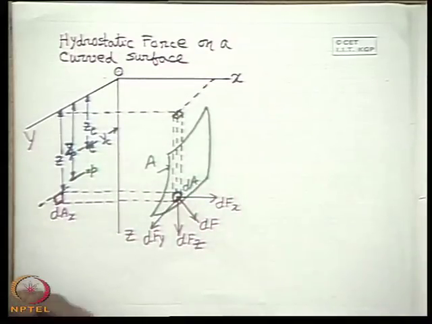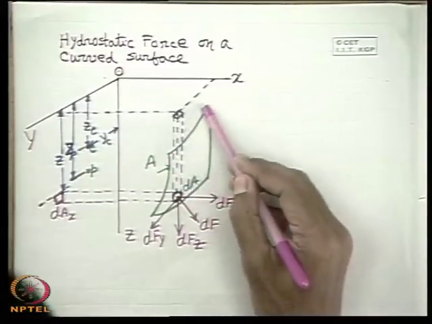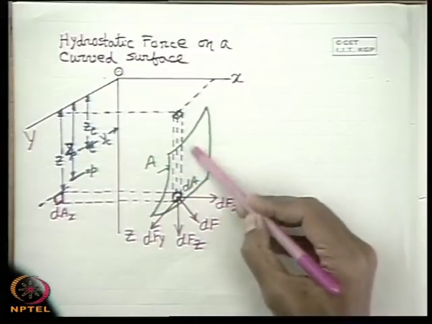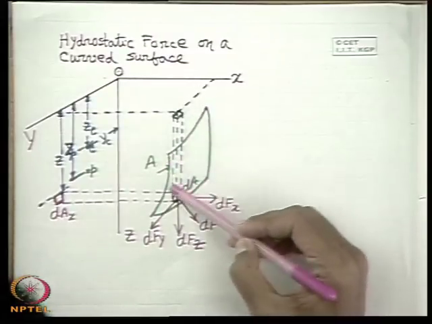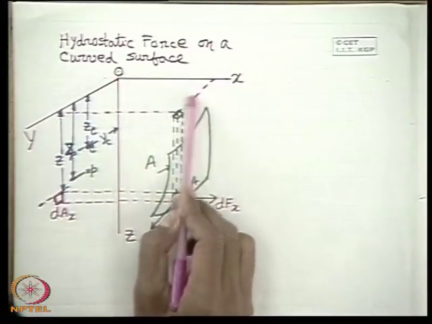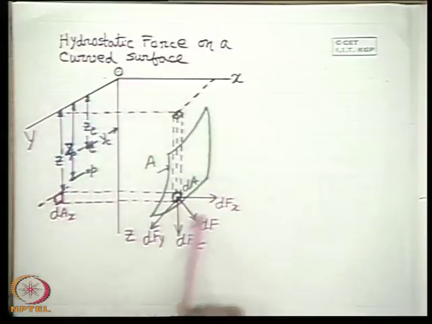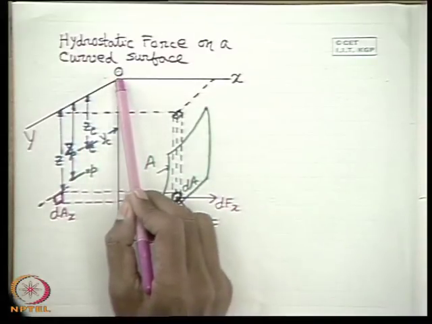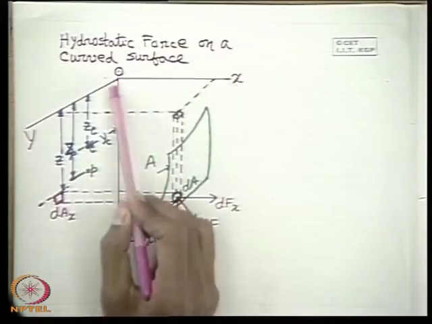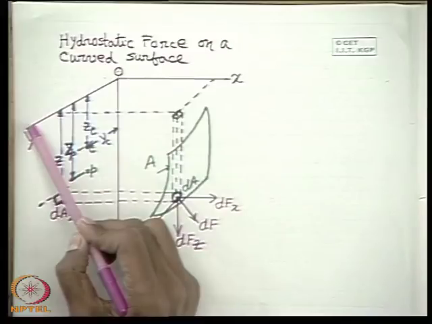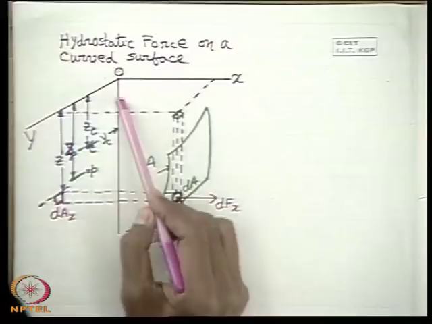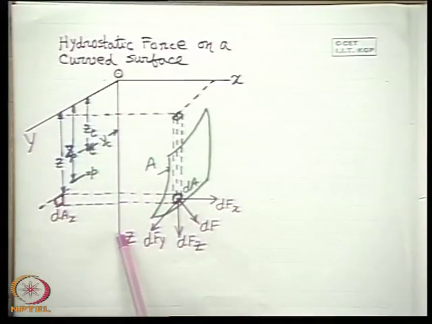Well, now let us see here in general a curved surface. So this is a curved surface, you can see, which in general has curvature in both directions. A general curved surface which has curvature in both directions is immersed in a fluid whose free surface is this one, in an expanse of fluid. Now in this case we consider a three-dimensional system. Because of this curvature in two directions, we consider the axes OX, OY at the free surface. That means this XY coordinate plane is at the free surface, and the OZ axis we consider vertically downward.